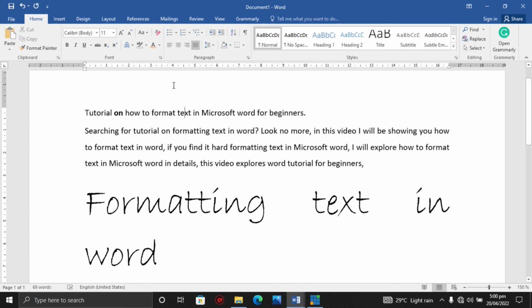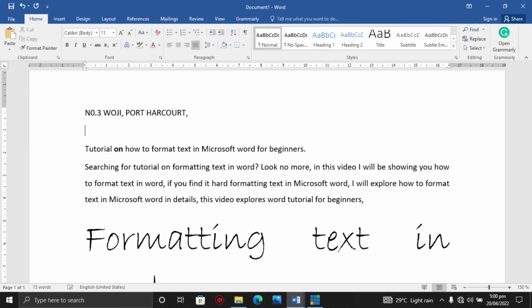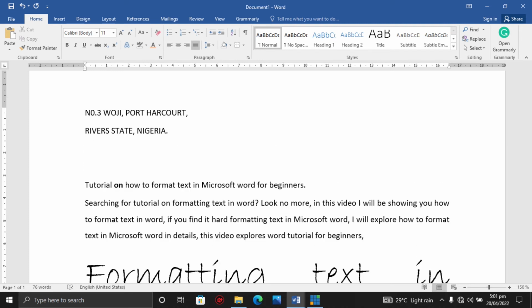This can be very useful where I have, let's say for example, I want to write a letter, and I have the address like number 3, Woji, PH, River State, Nigeria. So let's assume this to be an address, or I'm writing the letter, and this is my address.